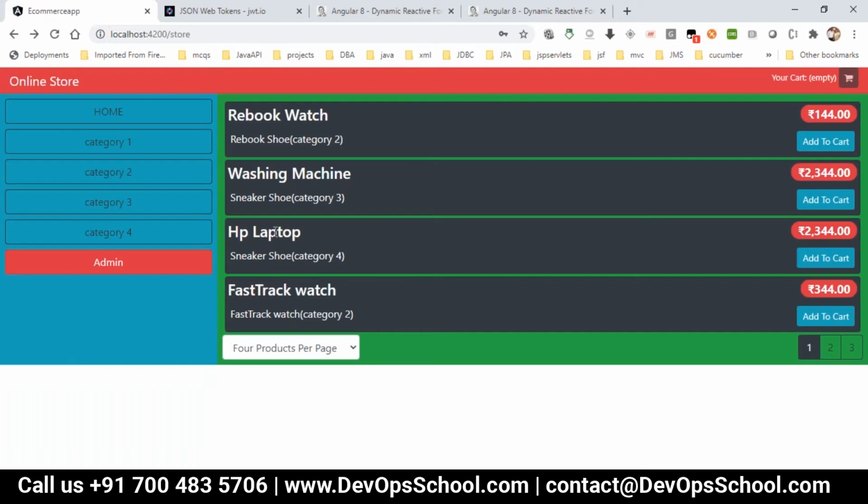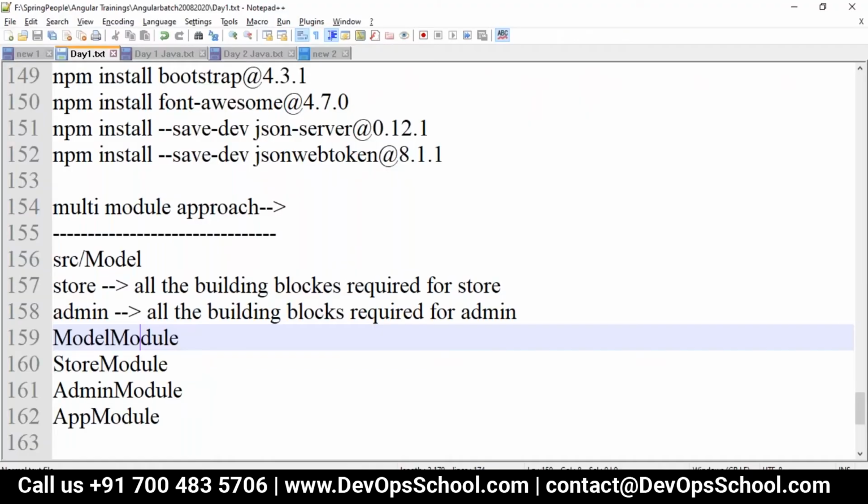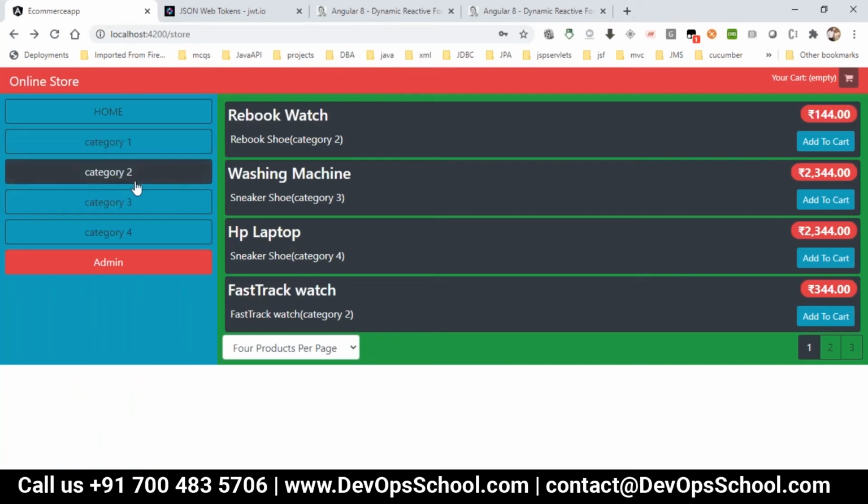Then in the app.ts, we will be storing the app store. The store component should be only in the store module, and it should be registered to that. We also want different categories to be displayed, which we will create in the selected category, all within the store component. Once the store component is completed, we will go with the cart module.